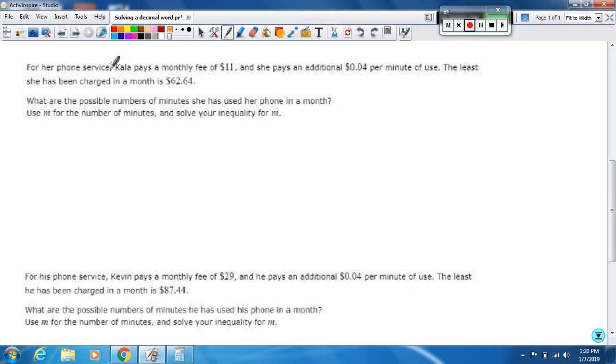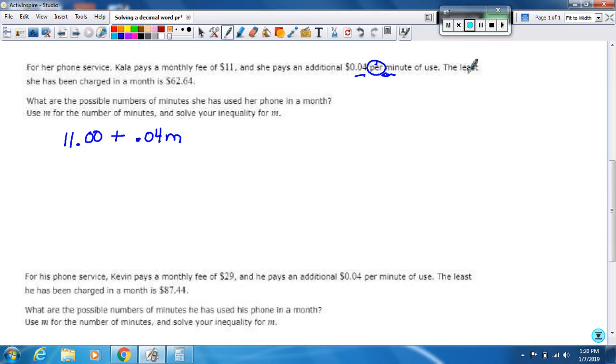Okay, for her phone service, Kayla pays a monthly fee of $11. Again, we've got dollars and cents here, so I'm just going to write 11.00 for that. We're going to need that. And she pays an additional, the word per tells you that the 4 cents has to be stuck to the minute, but they want you to use M, so that's okay. So 0.04 M